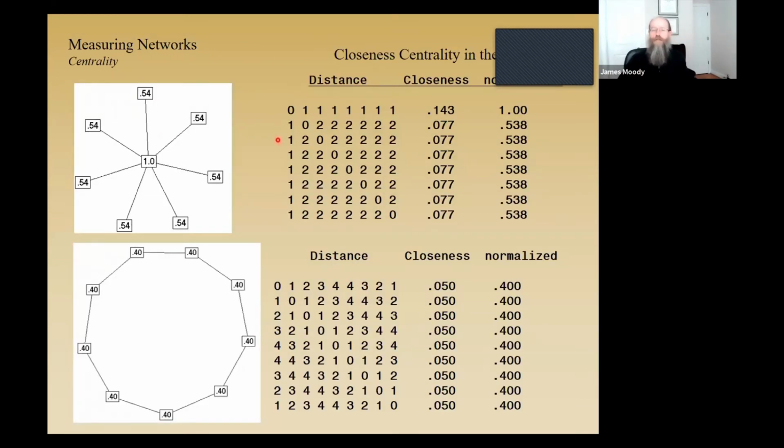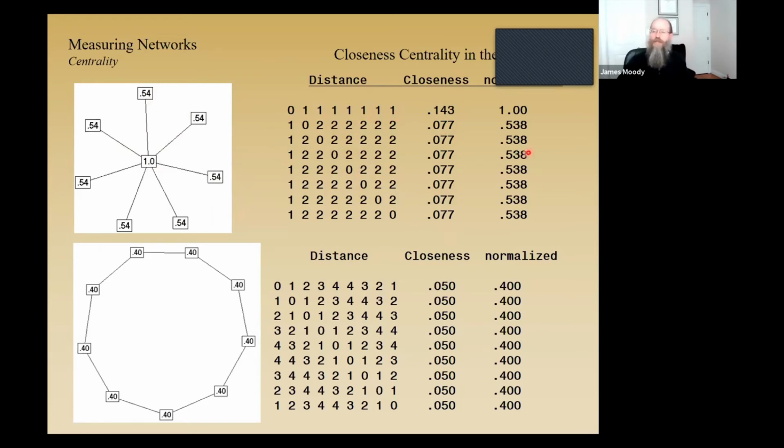And again, on our little example networks, the first person is directly adjacent to every other person, so they're going to be as close to everyone else as they can. If you think about the distance matrix, person 1 here is 1 step from everyone else. Everyone else in the network is 2 steps from each other because they have to go through the middle person to get there, right? So the closeness centrality is just going to be the sum of this inverted,